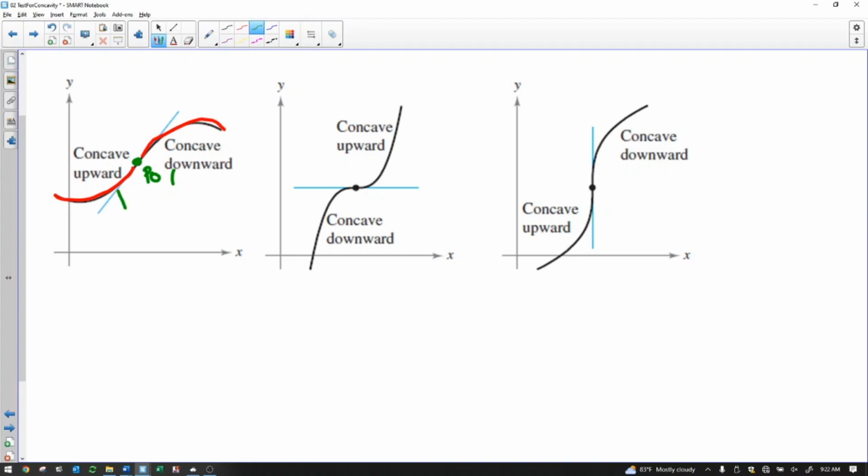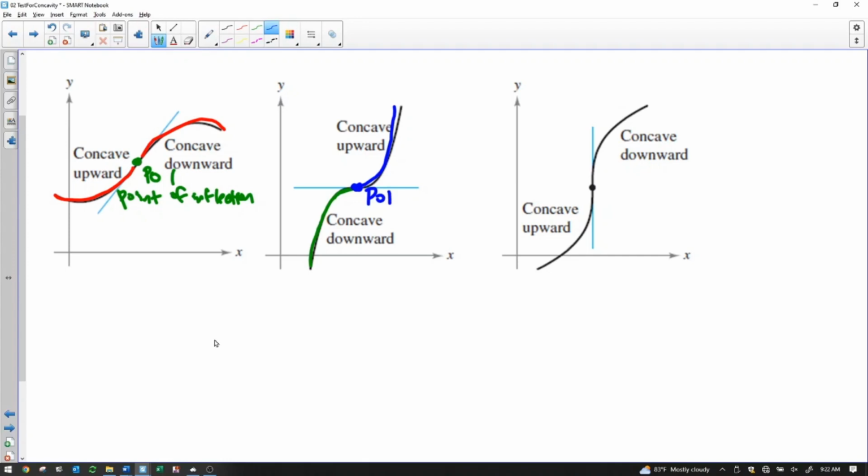Okay. There's some other pictures here where you can see what concave up and concave down look like. For example, do you see this is concave down? Like it's not a full frown. Does everybody agree with that? It doesn't have to be. It's just the bend of the curve is downward. And over here, the bend of the curve is upward. That's concave up. And where the concavity changes from concave down to concave up, that is called